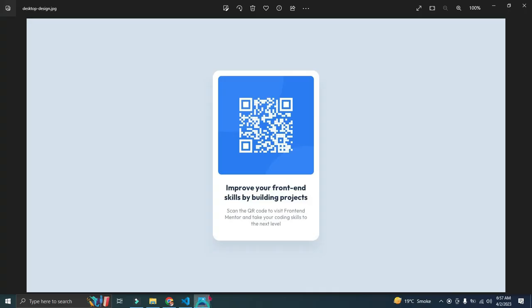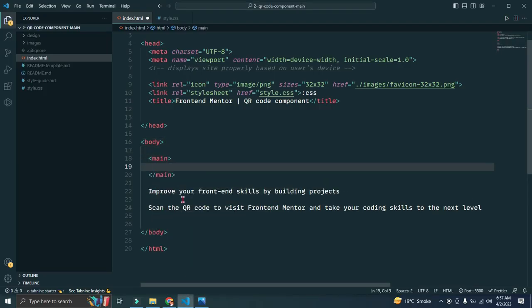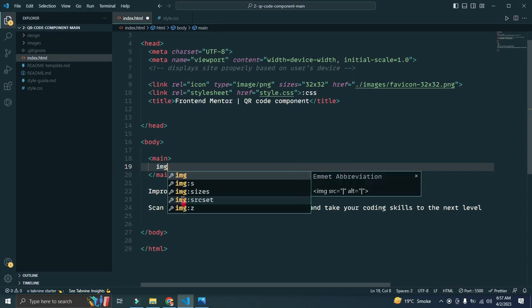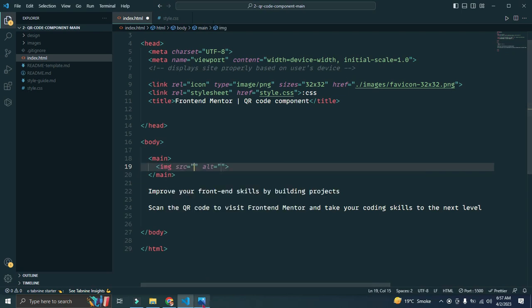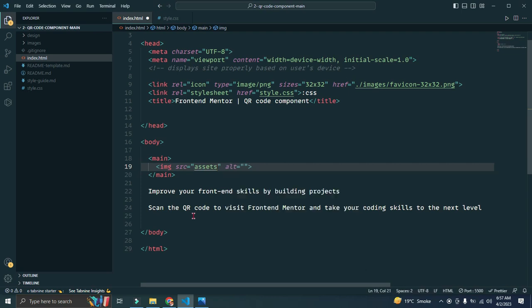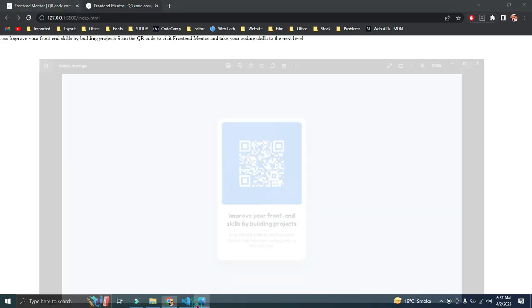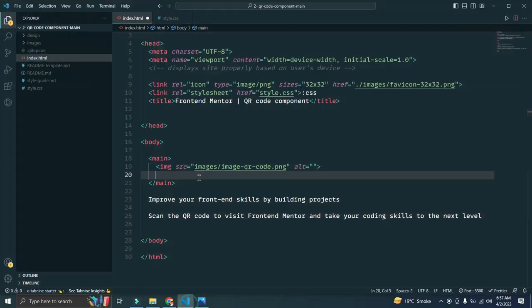So to do this, we have only one container. Let's just make it main. In the main, we have an image. To make the image, we don't have an assets folder, we have an images folder in this one, images slash image QR code. Okay, after that we have just the button, improve your front-end skills,